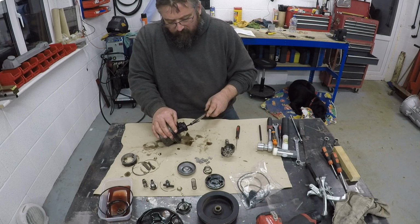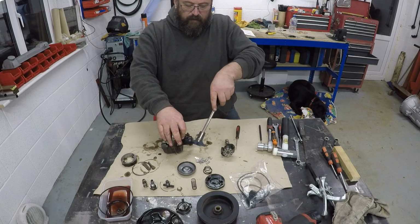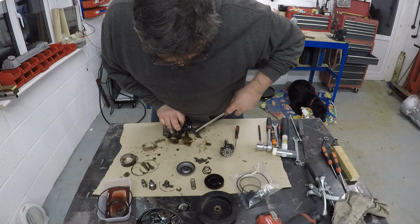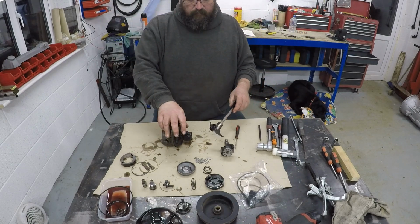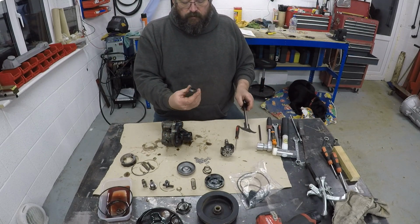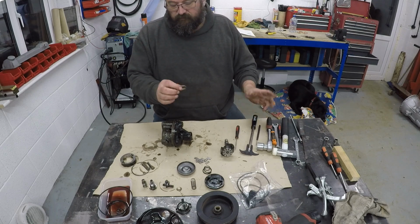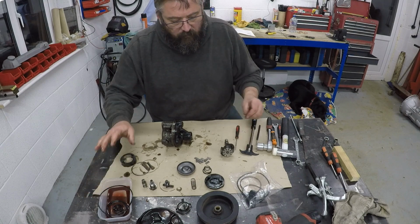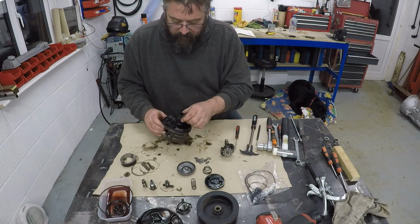I think this is probably the best one for this application. And then it's just a case of, there you go, easy as that. Just hooks under the seal, and you can just lever out the seal. Obviously the seal's destroyed in the process, but why would you want to put back in a used seal? So that now gives me a nice clean